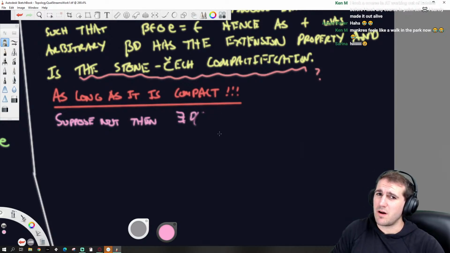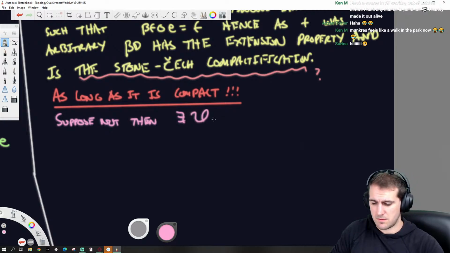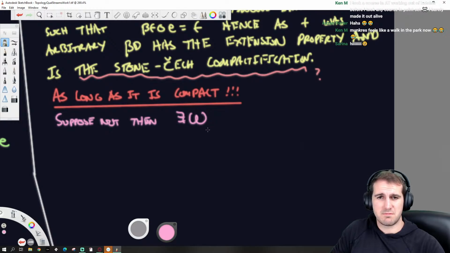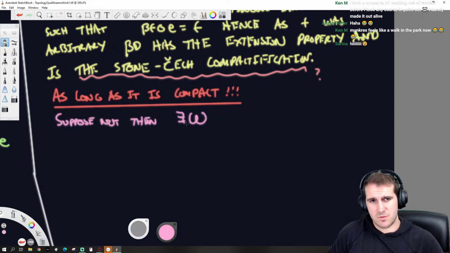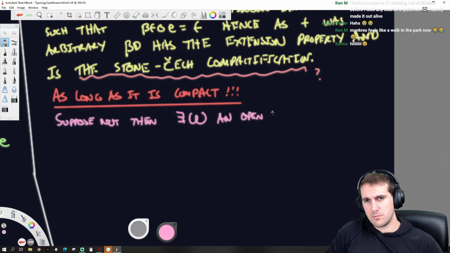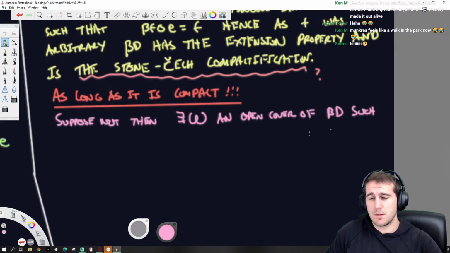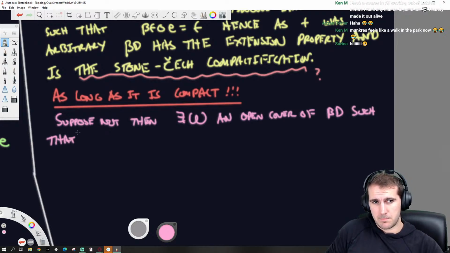Let's just call it W, because ultrafilters will be the fancy use. So W, an open cover of beta D, such that W has no finite subcover.